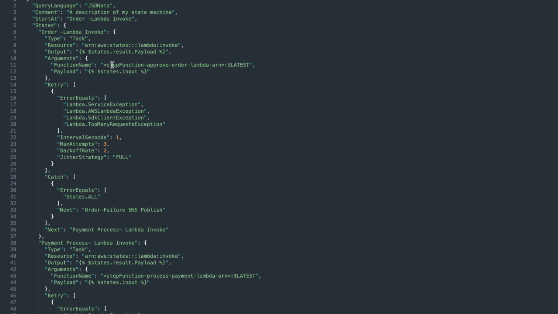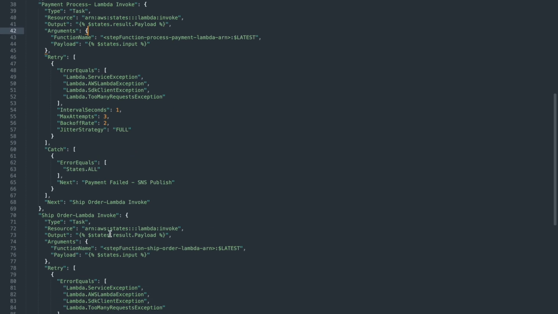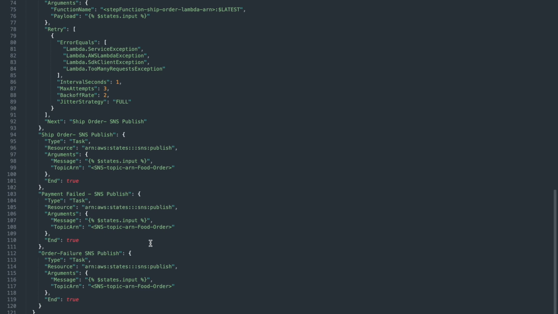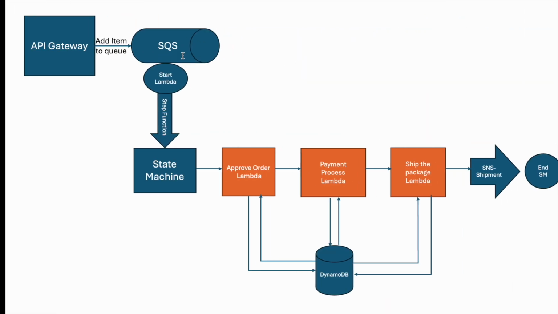You need to update the approve order, process payment, and ship order ARNs, and then the topic ARN of the SNS topic that we created for this food order. That needs to be updated in these 3 places for the Lambda ARNs, and in the topic places. Once all these are updated, copy the updated config.json content,